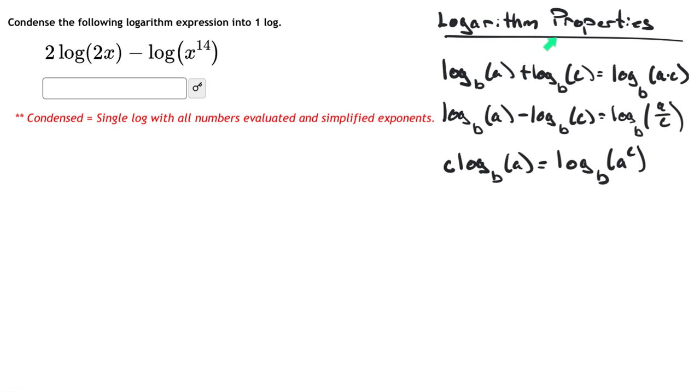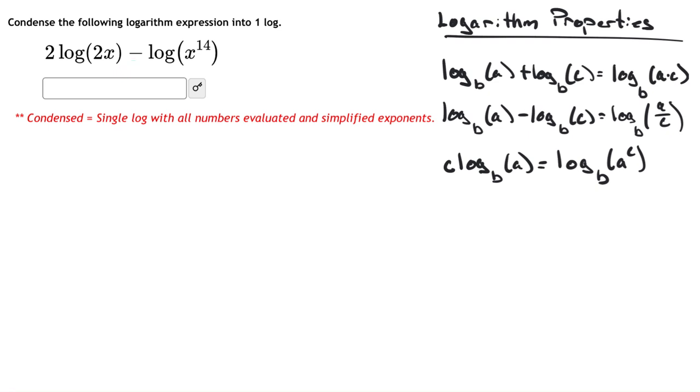These are all of our logarithm properties. You have your addition property, which turns into multiplication on the inside. You have your subtraction property, which turns into division on the inside. And you have your multiple property, which turns into an exponent. In this case, we're actually going to be using both of these, the bottom two, because you have the subtraction here,